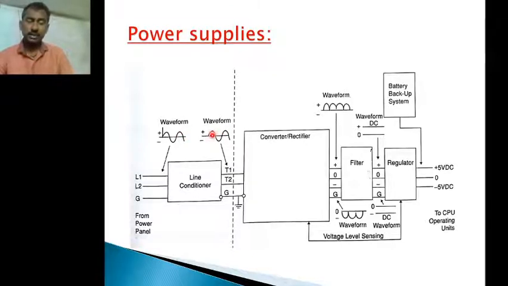AC supply means we can convert the AC supply into pulsating DC with the help of a rectifier. We convert this sinusoidal supply, with positive and negative cycles, into a supply with only positive cycles. This consists of some ripples. This is not pure DC. In order to remove these ripples, we connect the output of the rectifier circuit to the filter circuit. Then this will be purified, and we will get pure DC.